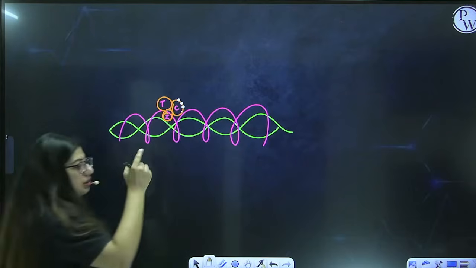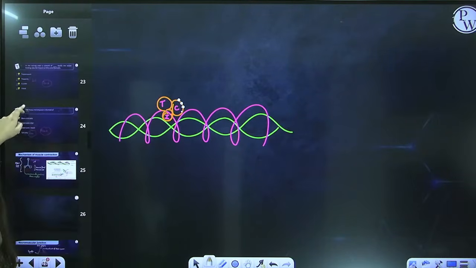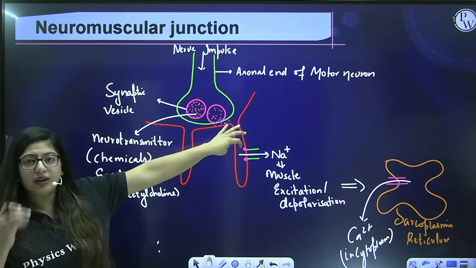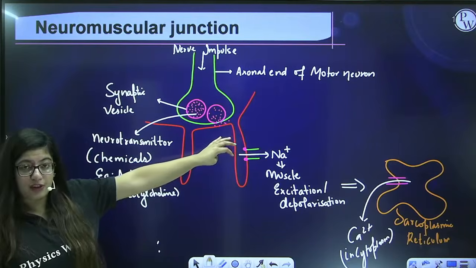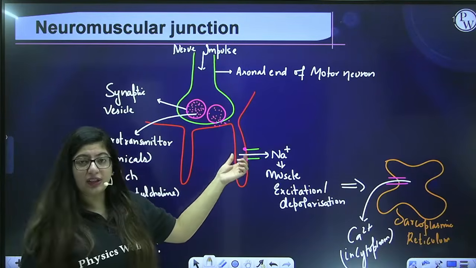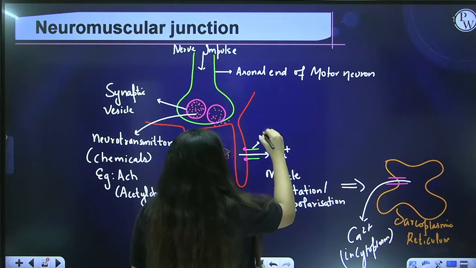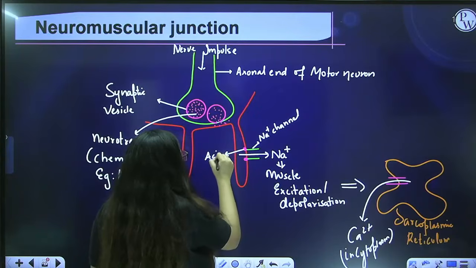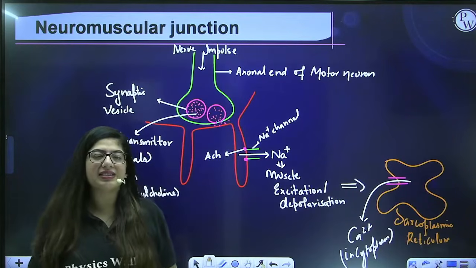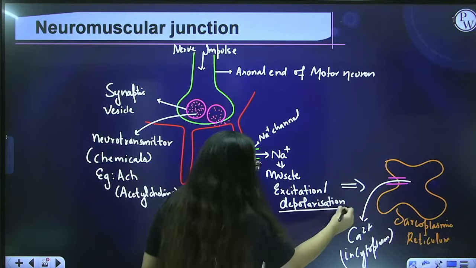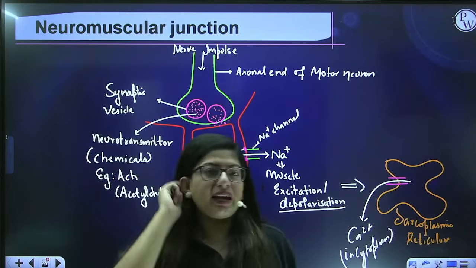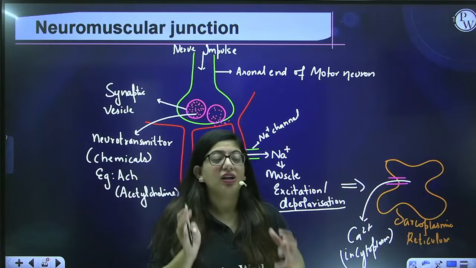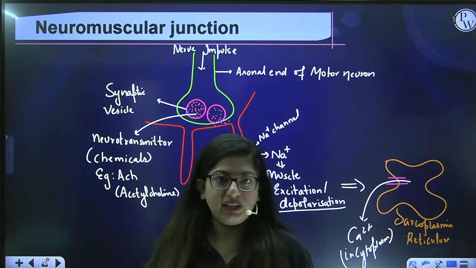Okay, let me just repeat it one more time so that you can catch up, guys. When the nerve impulse arises from the neuron, it leads to the release of chemicals from the neurons known as neurotransmitter. These neurotransmitters will bind to these sodium ion channels. What are these? Sodium ion channels. When acetylcholine binds to these sodium ion channels, sodium enters inside the muscle, causing muscle depolarization. Depolarization always occurs in a muscle or a neuron whenever sodium ions enter inside it.